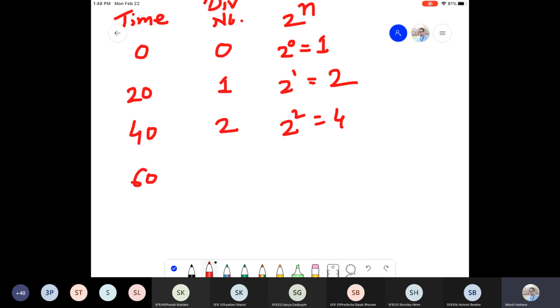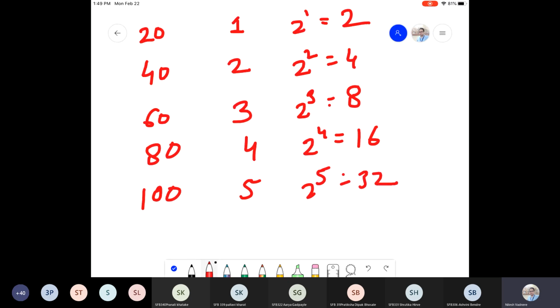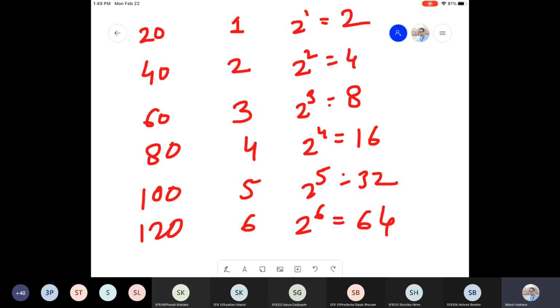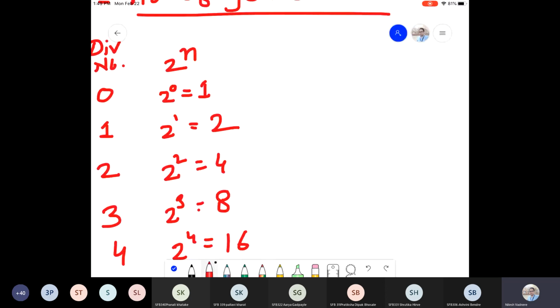After say 60 minutes, division will be 3. So 2 raised to 3, that is 8. Then 80 minutes, 4. 2 raised to 4 is equal to 16. And then you can just go on increasing. 2 raised to 5, which is 32, and after 120 minutes, that is after 2 hours, 6 generations will have happened. So the population will be 64, and this population can also be calculated as